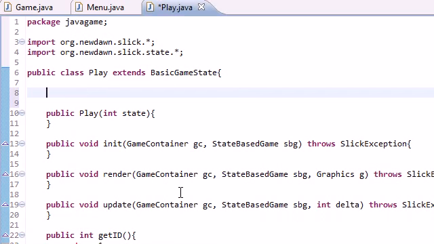So the first thing that we need to do is set up a couple animations. There are going to be kind of four different animations, four or five depending on how you look at it. An animation is basically going to be Bucky walking. As of now, all of the things on the map, such as the trees and the buildings, stay in one place, so the only thing that's going to be moving is Bucky. However, we don't just have one animation for Bucky. It's actually four different animations: walking up, walking down, walking to the left, and walking to the right. Bucky is going to be set to one of these depending on which way he's